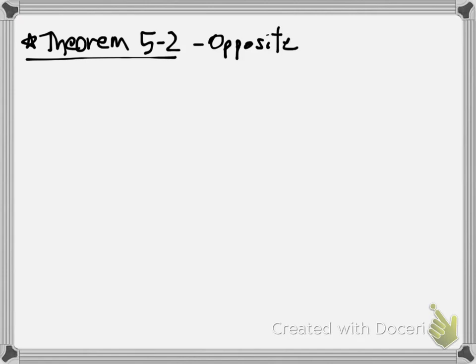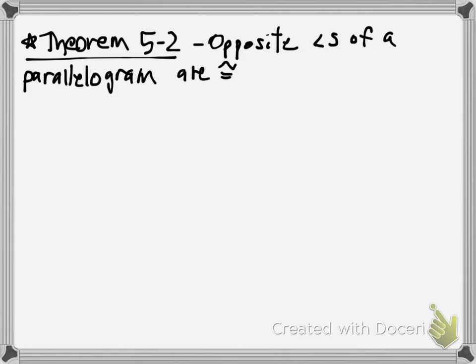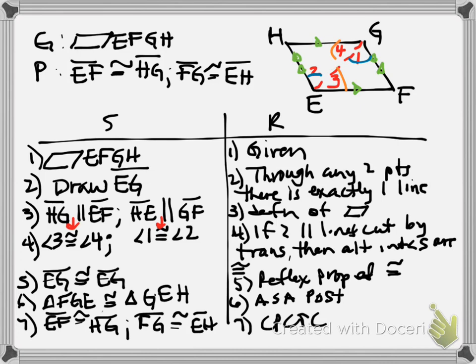Not only can we prove that opposite sides of parallelograms are congruent, but we can also prove that opposite angles of a parallelogram are congruent. Now, in order to do this, it would not take one auxiliary line. Because if we look back at the last one, we got angle F and angle H congruent to each other real simply, right? But I couldn't get angle E and angle G, so I would draw a different auxiliary line and prove